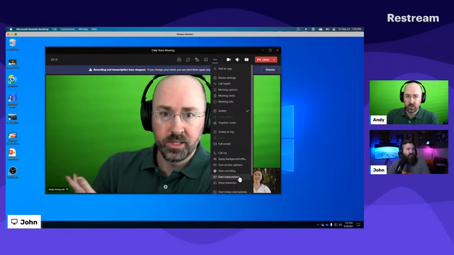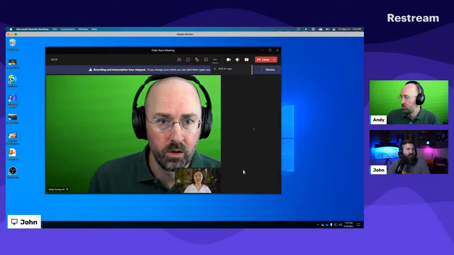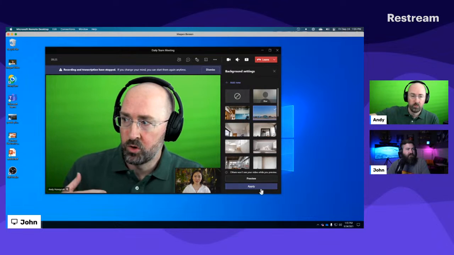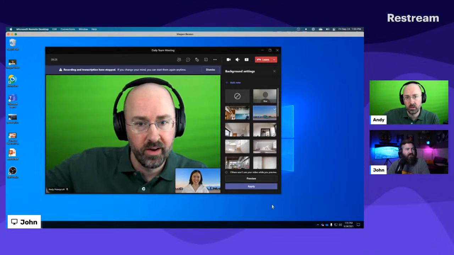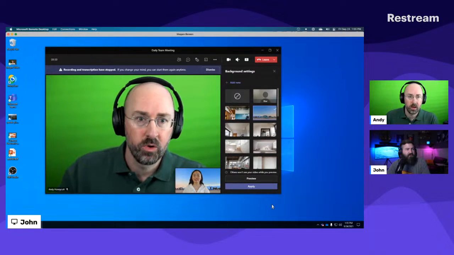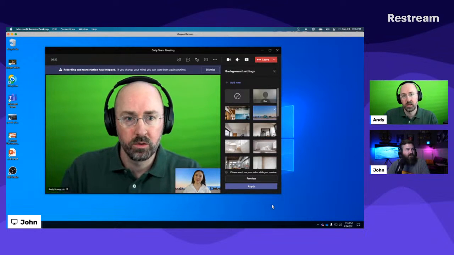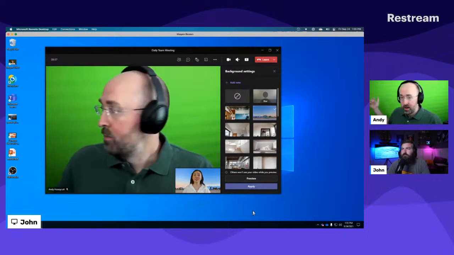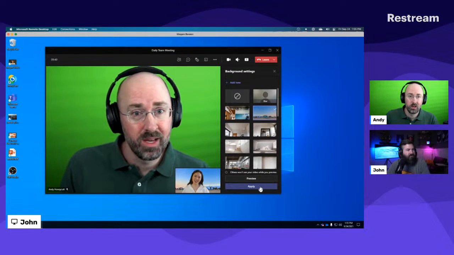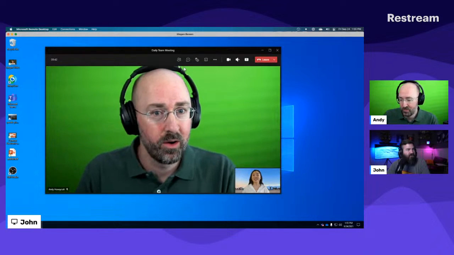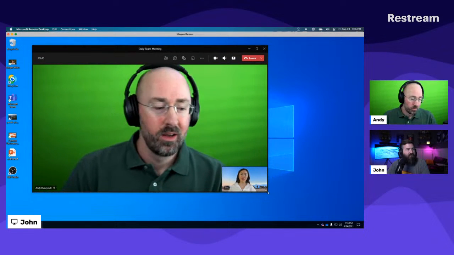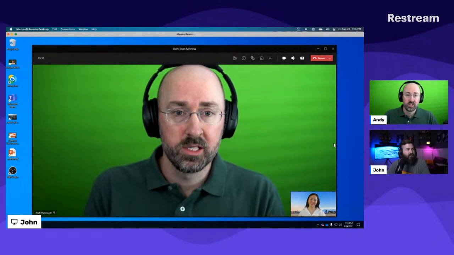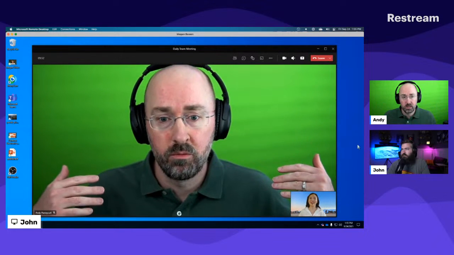If you don't have a green screen, just a solid color, put a sheet behind you if you can, or put your back to a wall with flat paint, little things like that. That's a free hack, and that can work really well to give you that same effect. So you don't have to have a green screen. I got this one at the beginning of the pandemic because they were sold out. Paid a little bit more for it, but I used it for a lot of the trainings where it just needs to be me, and you don't need to see what's behind me.